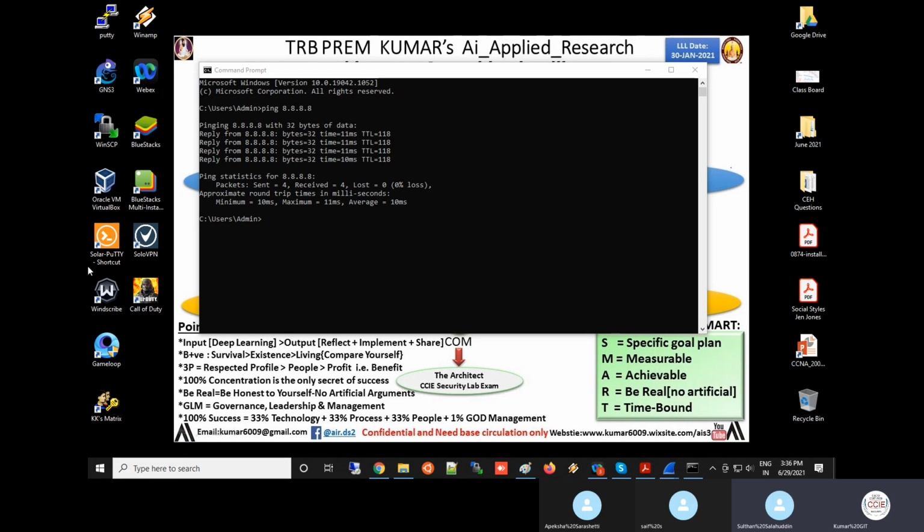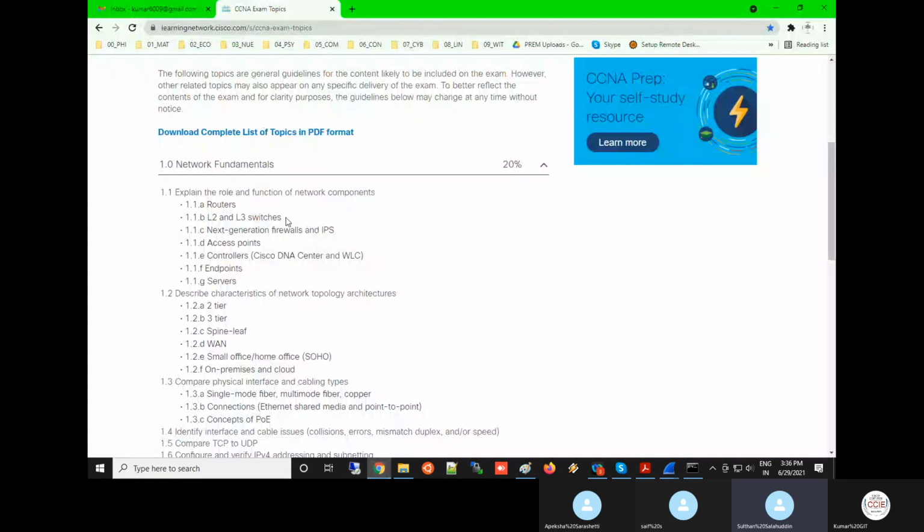Yes, sir. Now when you check the destination, the destination is not there in the CAM table. What will the switch do? It will drop, sir. No, it will send it in all the ports, sir. Sir, basically if it comes from one port, it will check in all the ports, sir.